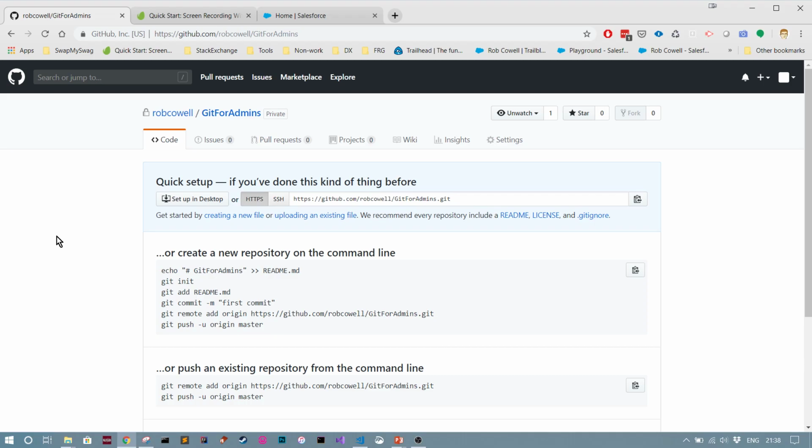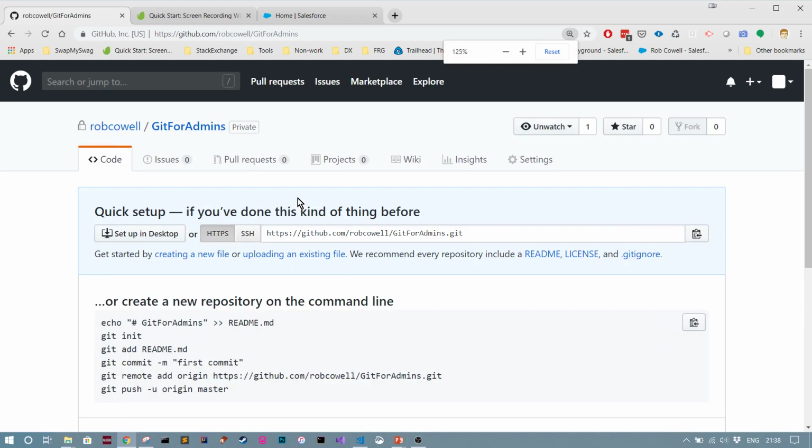So this is an empty repository that I created earlier for this demo. The key piece of information we need here is the address of this. So let me zoom that up a little. We can see that this is the address of our remote repository, and we're going to connect that to our local repository. So a handy little button at the end copies that to the clipboard,